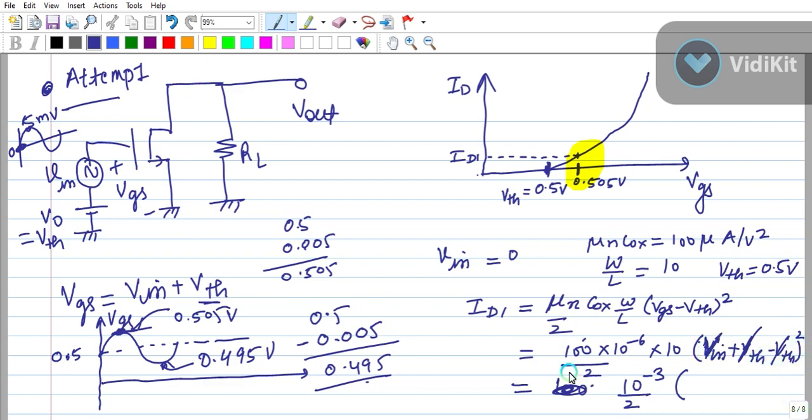So V in is how much? V in is 5 millivolt. So it will become 25. Square of 5 will be 25. And milli means 10 to the power minus 3, so it will become 10 to the power minus 6. After division, it will become